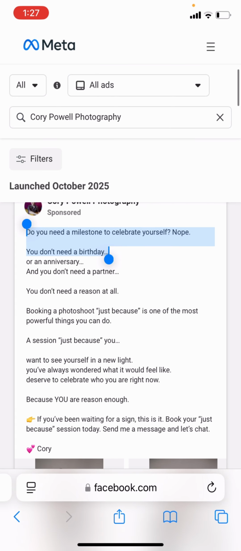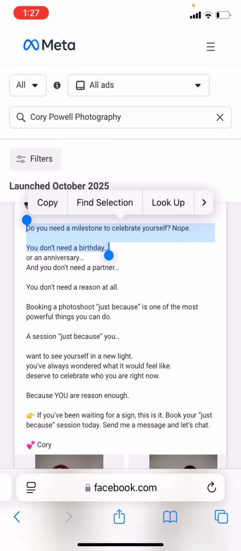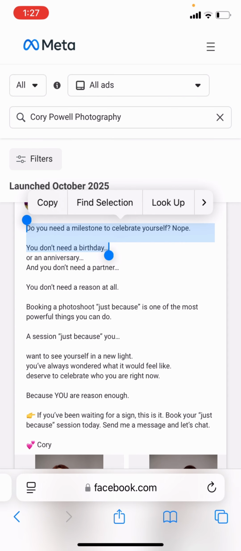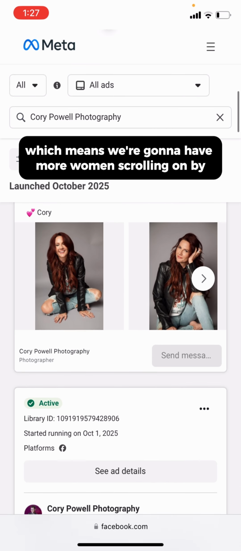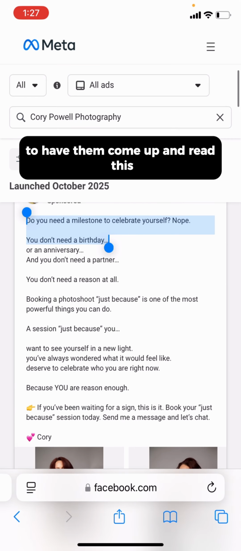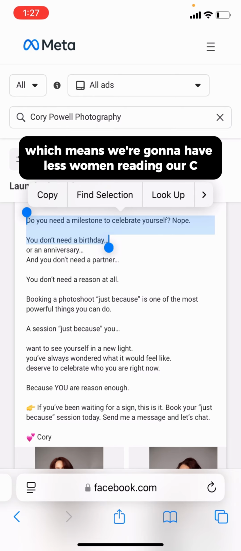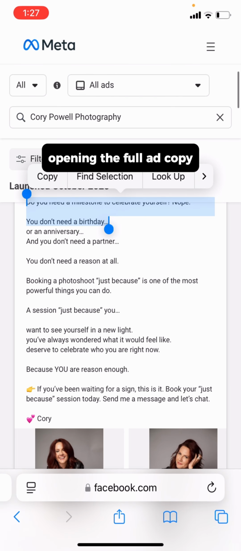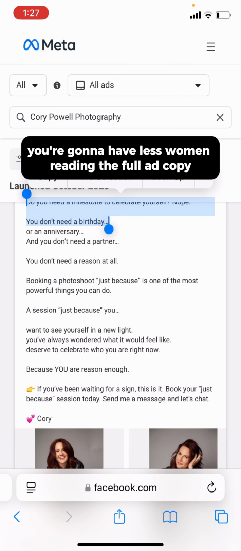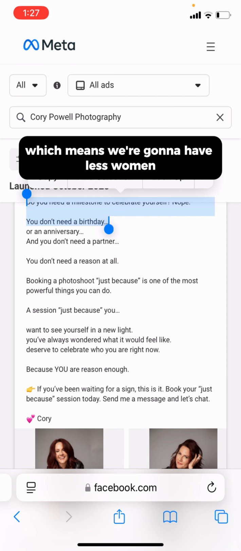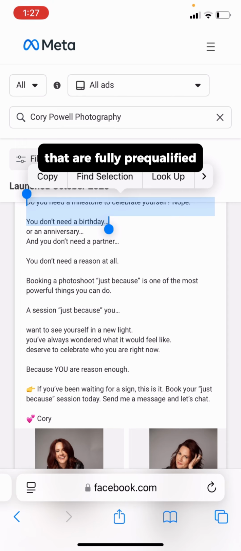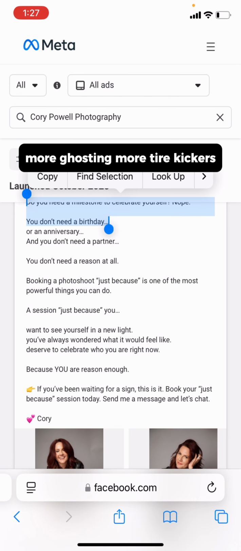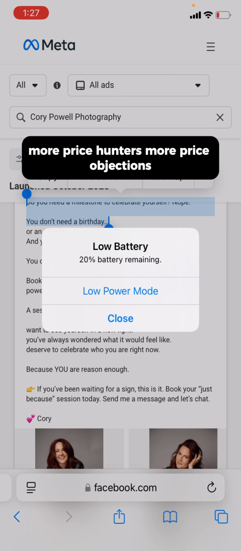So let's check in this ad. So we got yourself. You don't need to break. No. So we're missing the who, which means more women scrolling on by, because nothing is relevant to them, to have them come up and read this, which means we're going to have less women reading our see more headline, which means less women clicking see more, which means less women opening the full ad copy, which means less women reading the full ad copy, which means less women that are fully pre-qualified, which gives us fewer qualified leads, fewer qualified appointments, more ghosting, more tire kickers, more price hunters, more price objections,